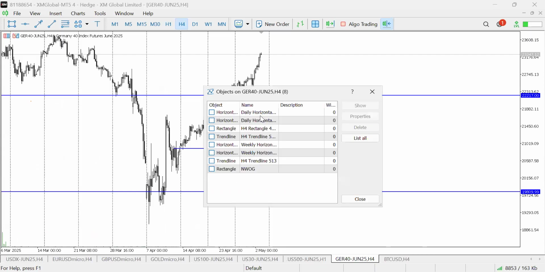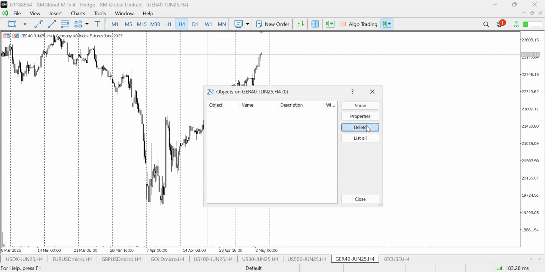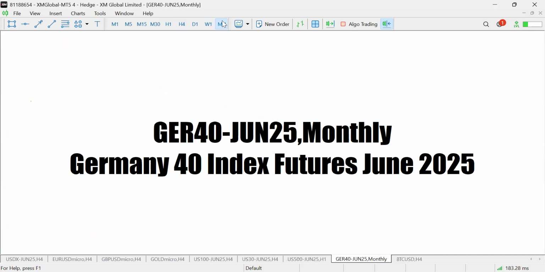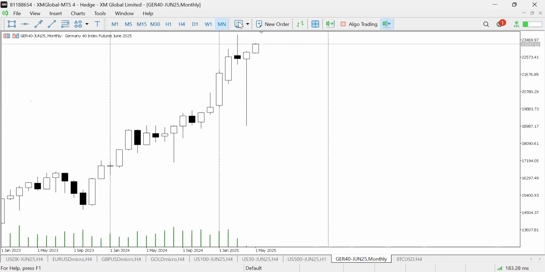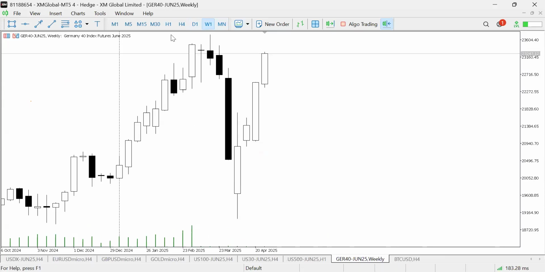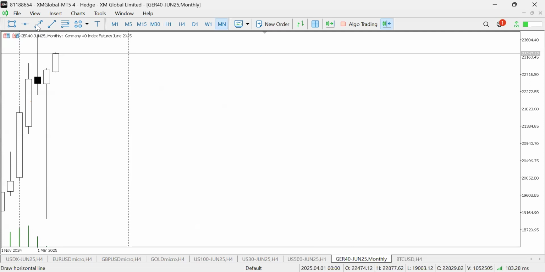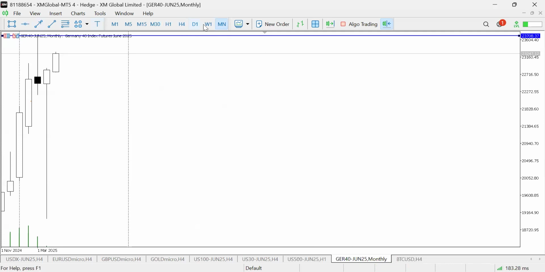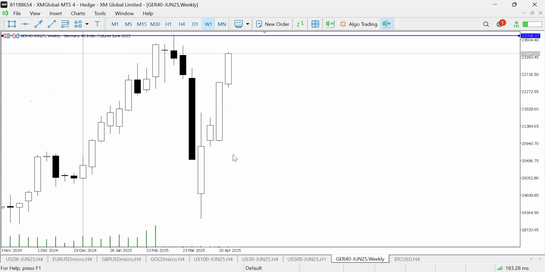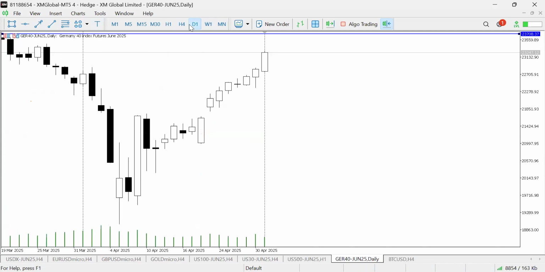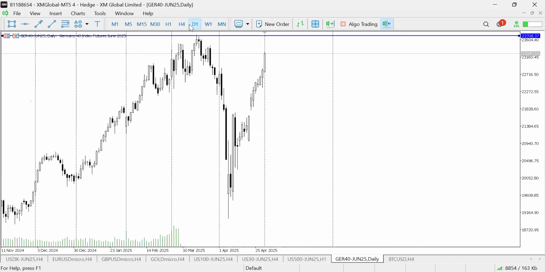All right, let's come to my other favorite pair, Germany. All right, so obviously higher. Let me just mark up this high over here. So obviously higher. And now look at this, right? We dropped aggressively, right? And now they're rallying up the market to balance this, right? And it's also coming up aggressively. What do you think will happen once we close this inefficiency? They're gonna have to come and close this again, right? So seesaw the whole way, up and down, up and down.